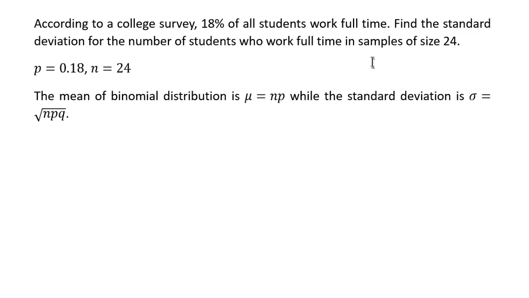Now, the question is asking for the standard deviation, so we have to recall the formula for the expectation value, or the mean value, and the standard deviation. So the mean is n times p, whereas the standard deviation is the square root of npq, and q here is 1 minus p. So 1 minus p gives you 0.82, and that means you just have to calculate the square root of